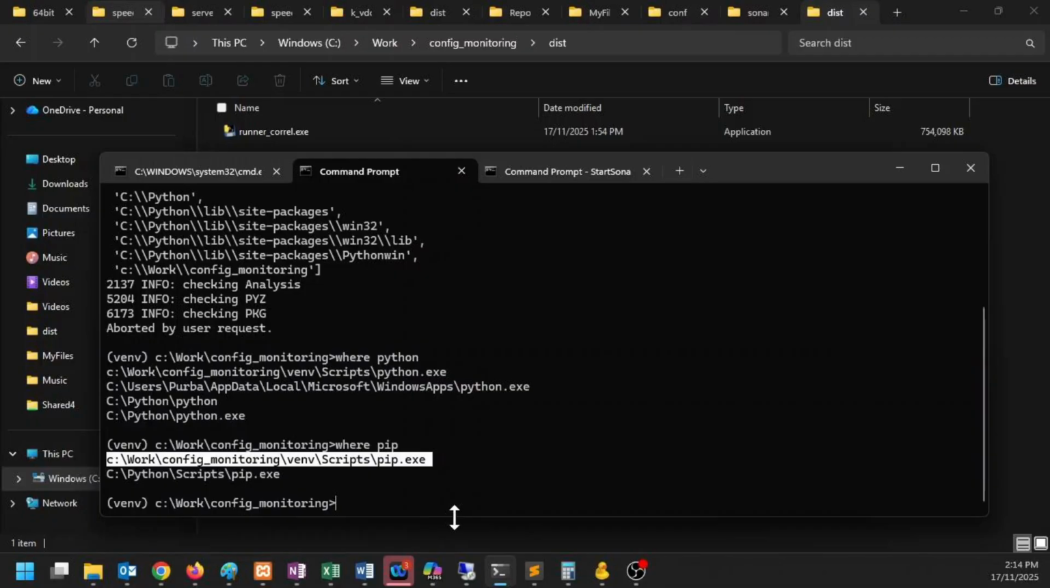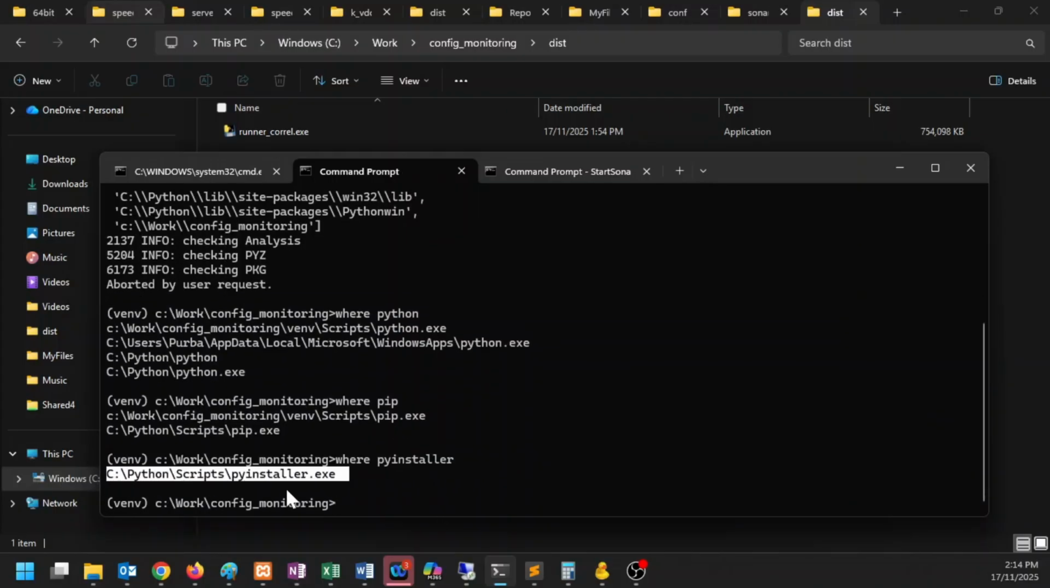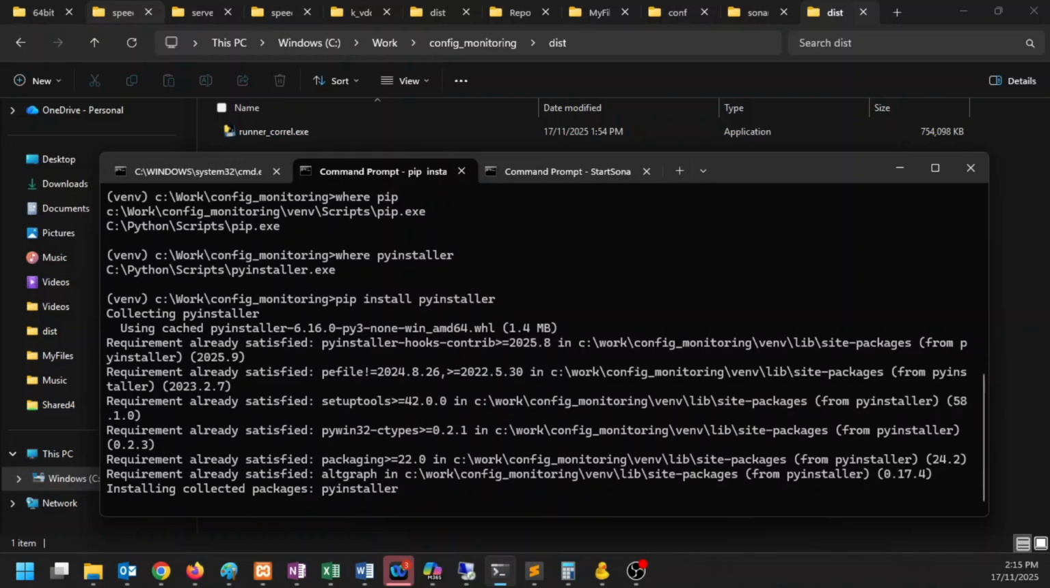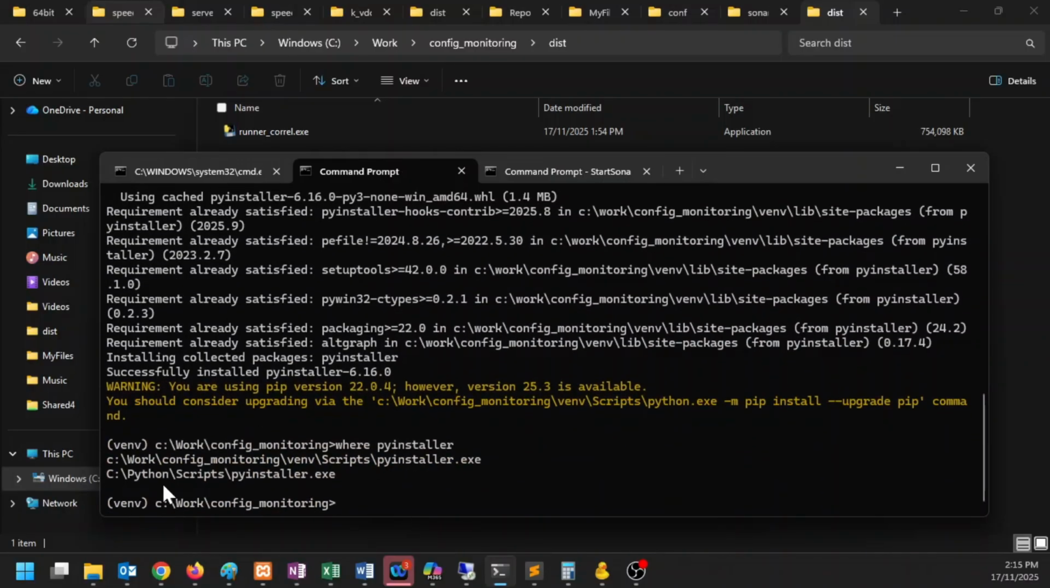But what I'm worried about is the PyInstaller, which is located in the main Python directory on my Windows. How I'm going to fix it is very simple. What you need to do is just pip install pyinstaller to make sure that you are creating the PyInstaller inside the virtual environment as well. Now if you run where pyinstaller, you will see that the first one there is the one in venv, which is correct already. Now what you need to do is just rerun the PyInstaller,